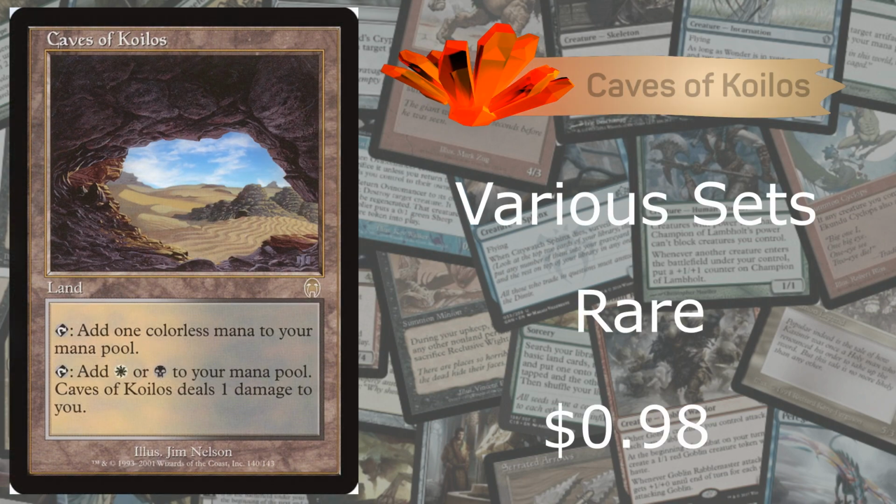It's from various sets. It's a rare going for only 98 cents. The reason why this one is at 6 and not number 7 is because there is kind of no hidden agenda, like you have to sacrifice a land or anything. Basically, it only deals 1 damage to you. So it gives you the option of, say, adding 1 colorless, or you can add a white or a black